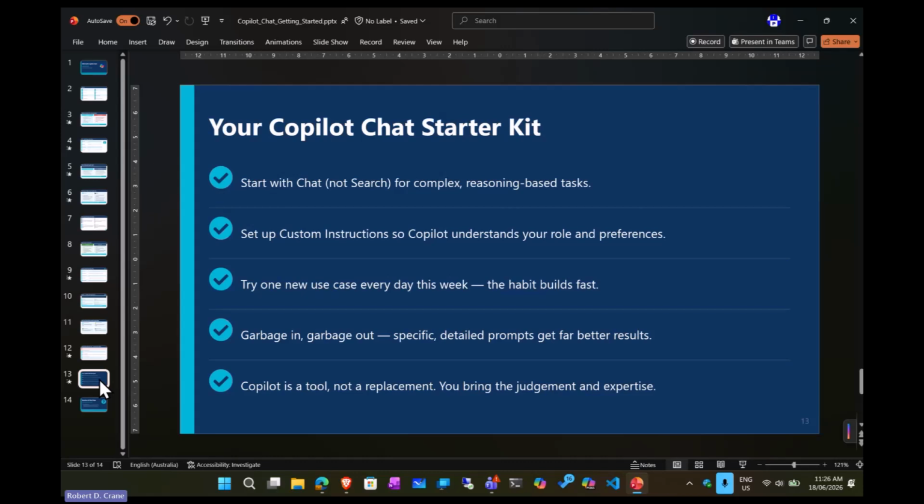And the last thing here is Copilot is a tool, right? It's not going to magically answer all your emails. It's not going to magically remove all the tasks that you have to do, and it's not going to make you coffee, right? So it's just something that you can use to enhance and improve the way that you do work, and hopefully